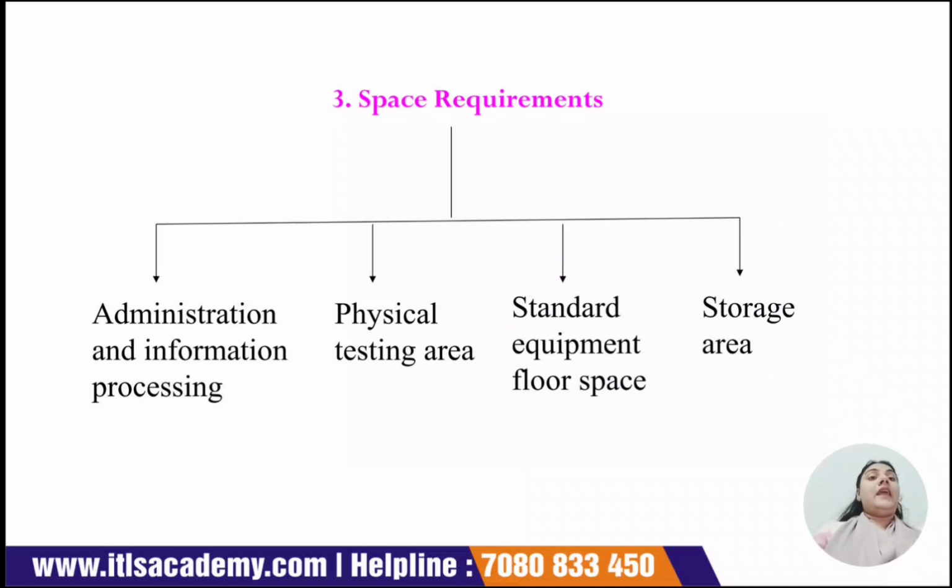Then the standard equipment floor space. The industry should have proper floor space where they can keep the equipment. Also, the equipment should be of cGMP, that is, current good manufacturing practices, meaning the latest design of equipment and machinery should be used. Again, the flooring should be clean and washed properly before use. It should be free from any source of microbial contamination. Everywhere there should be a sanitizer bottle.